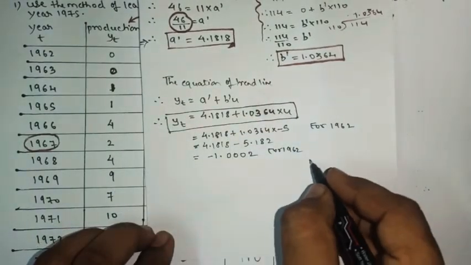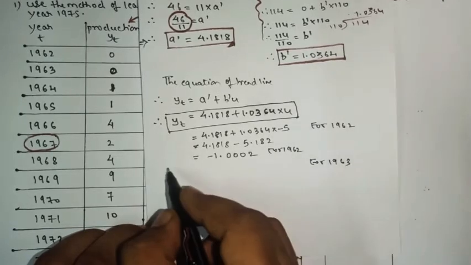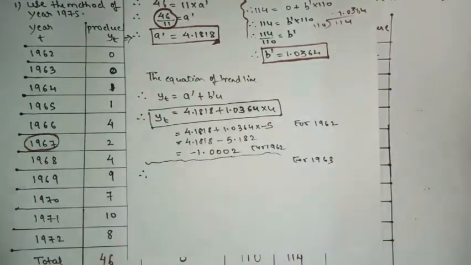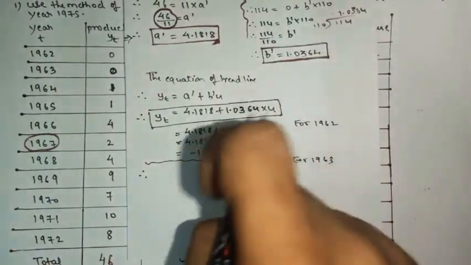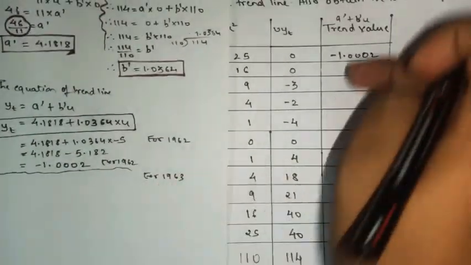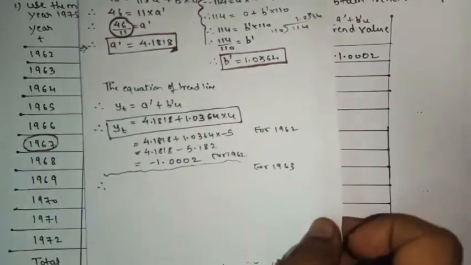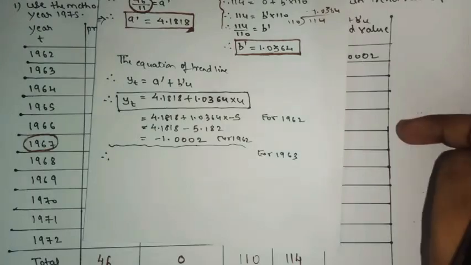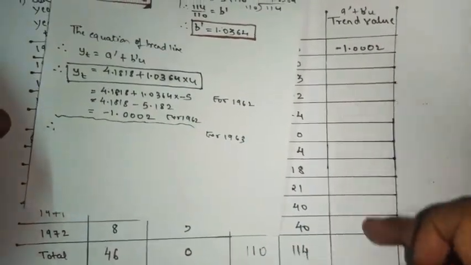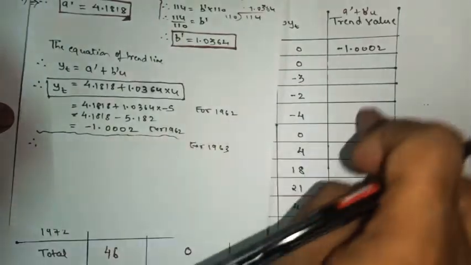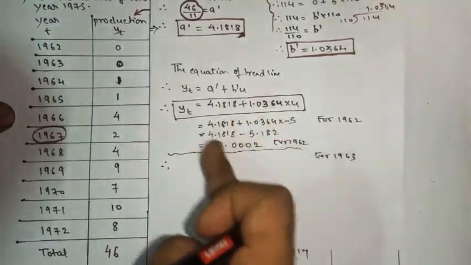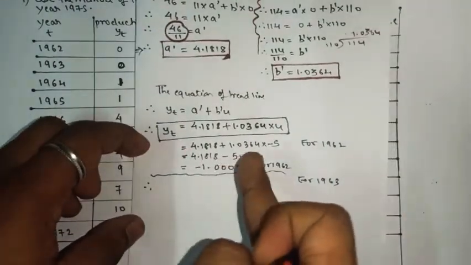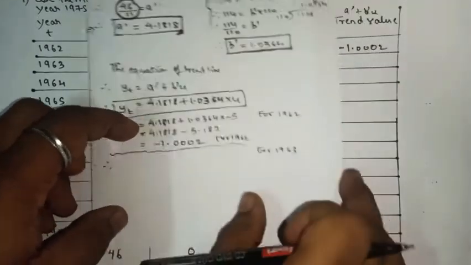Now we'll find for the year 1963. Listen here, in exam no need of showing this part. Roughly you can solve and then substitute the value directly. Just simply solve for 1 and 2 and show that fair part in the paper, and for the remaining section roughly you can solve and then substitute the value. There is no marks for this calculation part. Understood? So solve this part roughly and substitute the value there.